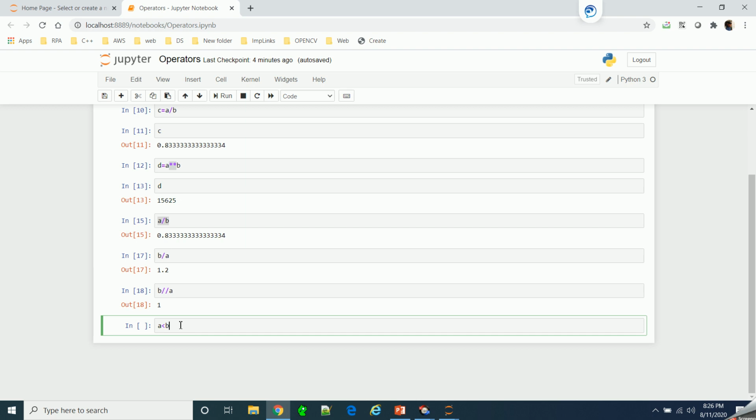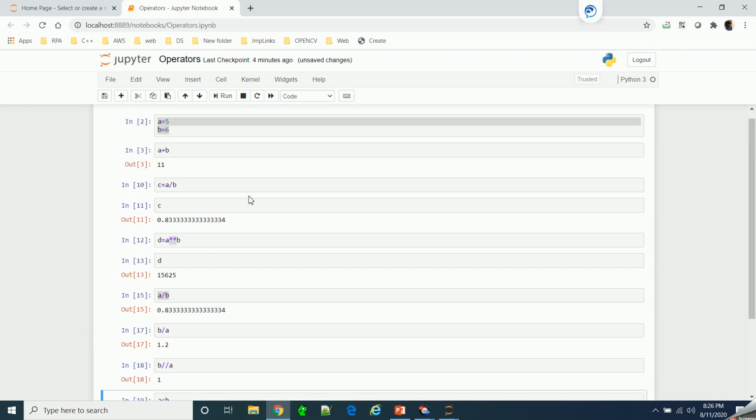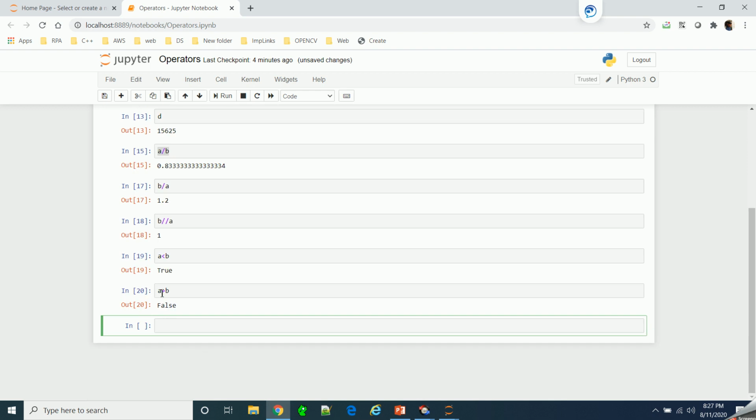If I say a is less than b and run this cell, it is giving me true because the value of a is 5 and the value of b is 6. So 5 is less than 6, that is true. Similarly, if we use the greater than symbol, it is false.